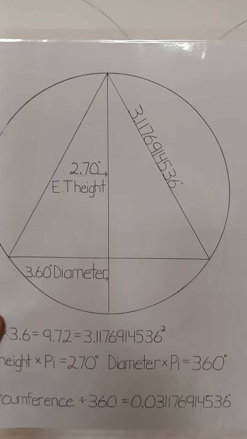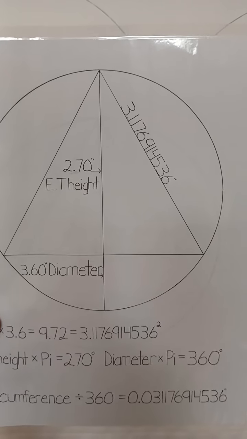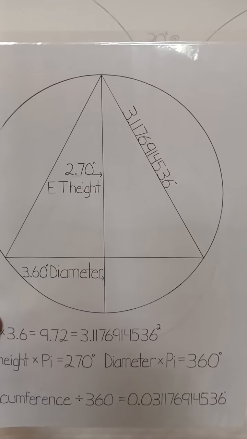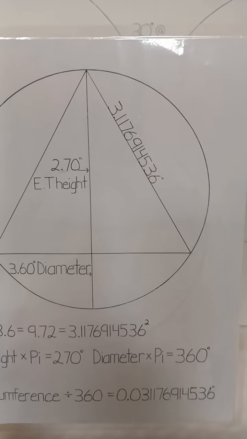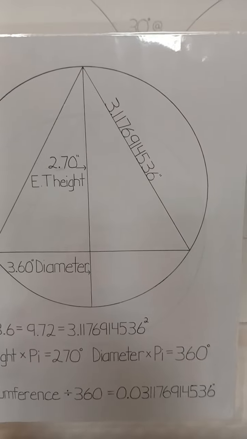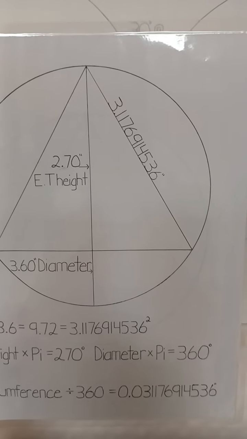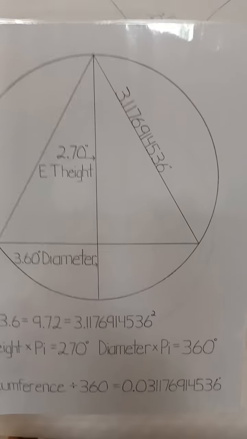And whenever you multiply the diameter by pi, it'll always tell you where 360 degrees is. The height of the equilateral triangle multiplied by pi, it'll always tell you where 270 degrees is. When you multiply the hypotenuse, the 60-degree portion, by pi, it'll always tell you where 311.76914536 degrees is. So everything has made it back full